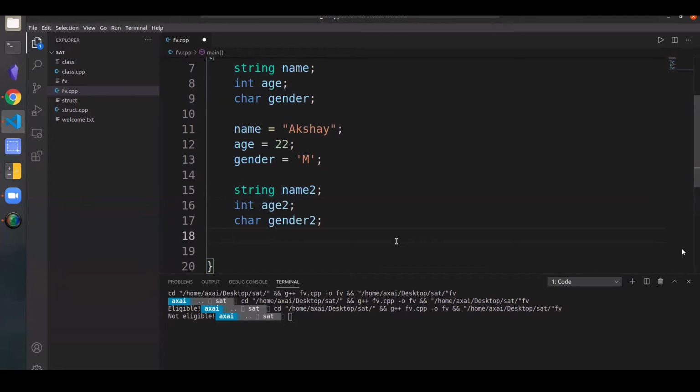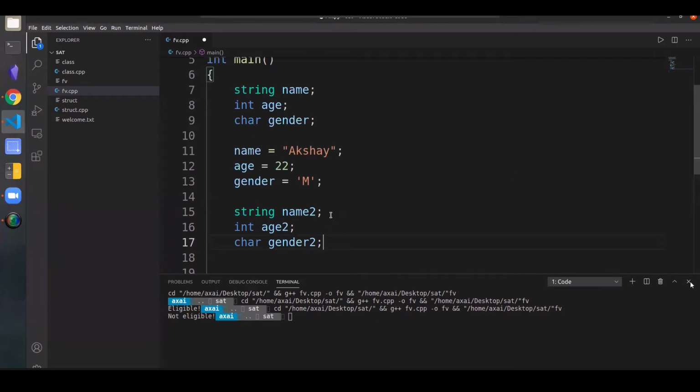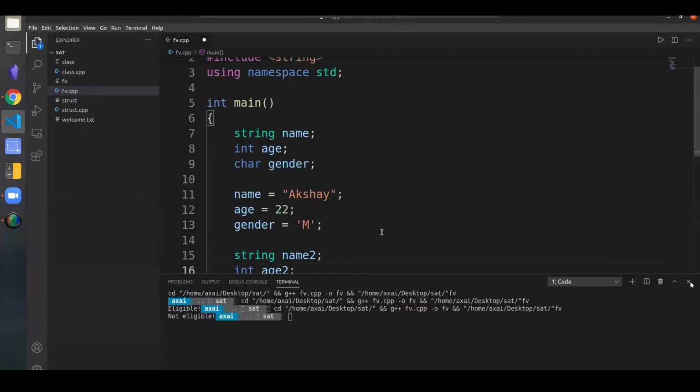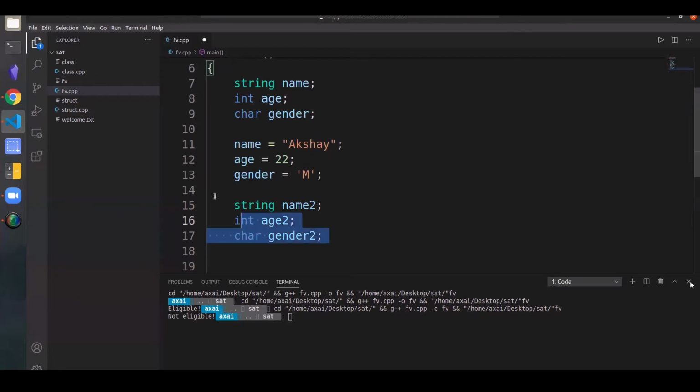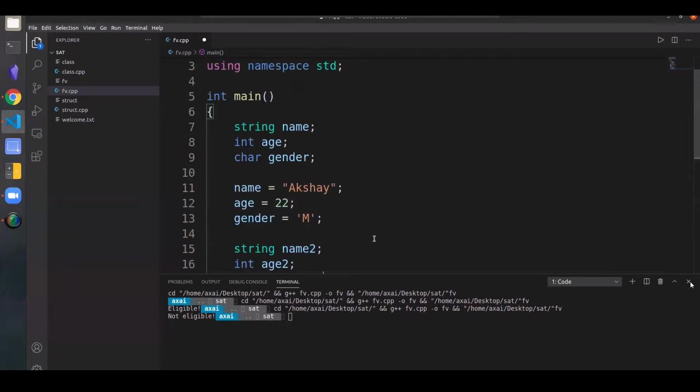Now there's another person in the same meet, RS. If I wanted to store his details, I would have to do the same thing again. I would have to declare these variables: string name 3, int age 3, and char gender 3, and do the same thing. But the population of this planet is I think 7 or 8 billion, and I can't really declare 24 billion variables to store each and every single person's details. I mean, the code becomes way too long, right?